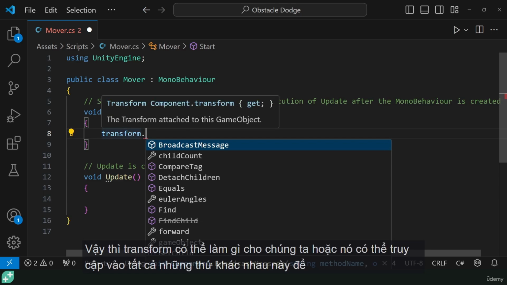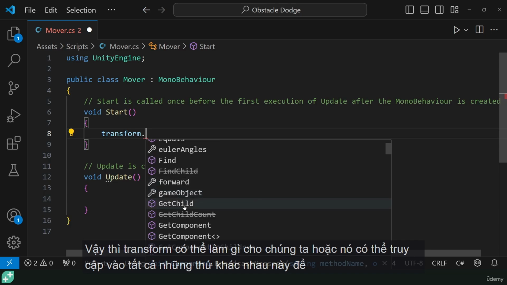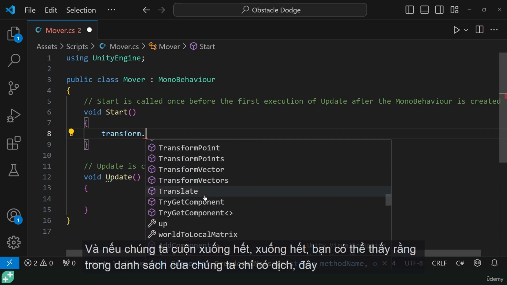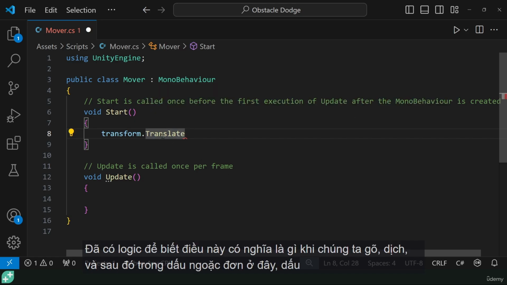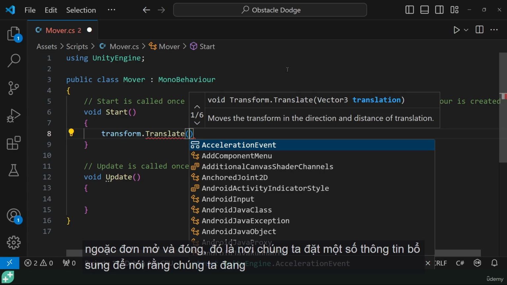So what transform is able to do for us, or access, it can access all these different things: Find, forward, GetChild, GetComponent. And if we scroll all the way down, you can see that in our list just here is Translate, which is a method that's been created by the clever folks at Unity that allows us to move things. There's already the logic to know what this means when we type Translate. And then within our parentheses here, the open and close parentheses, that's where we put some additional information to say,